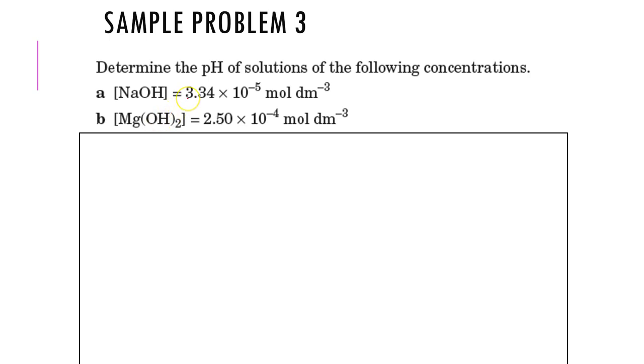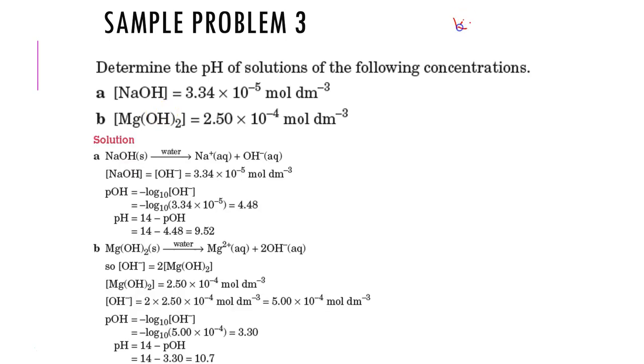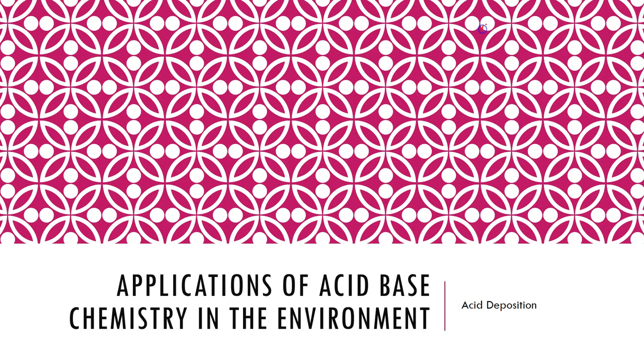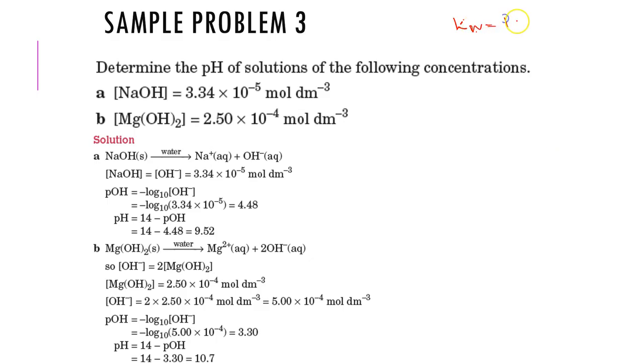Okay. In this case, we have only been given the concentration of our base, and we need to work out the concentration of H3O+ in those solutions. This is where we're going to use that Kw, okay? Kw is equal to 1 times 10 to the negative 14, which is equal to the concentration of H3O+ times the concentration of OH-. Hopefully you can see from this that the concentration of H3O+ times the concentration of OH- is equal